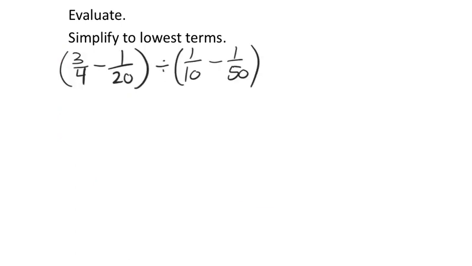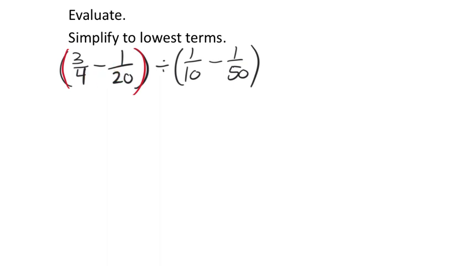So we got 2 sets of parentheses, and it truthfully does not matter which set of parentheses you start with. I'm going to start with the one on the left just because I tend to go from left to right, kind of as an order of operations kind of thing. So I'm going to work with this 3/4 minus 1/20. This one is good because, again, 20 is a multiple of 4,